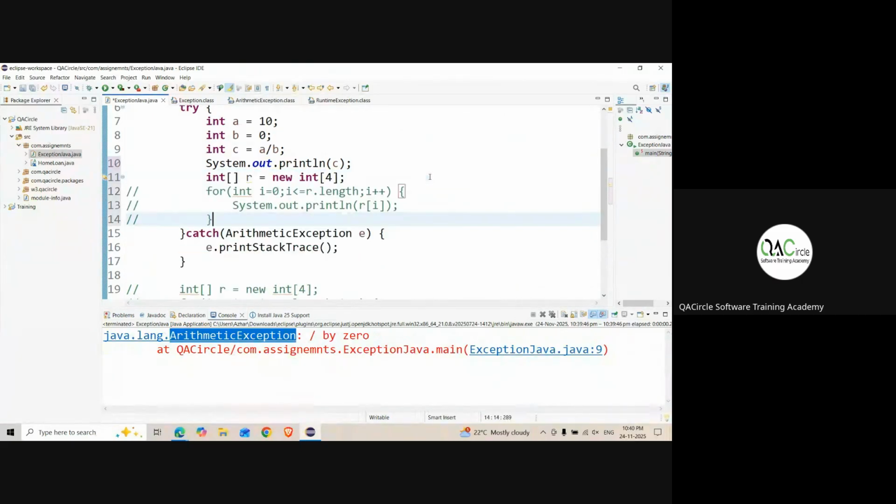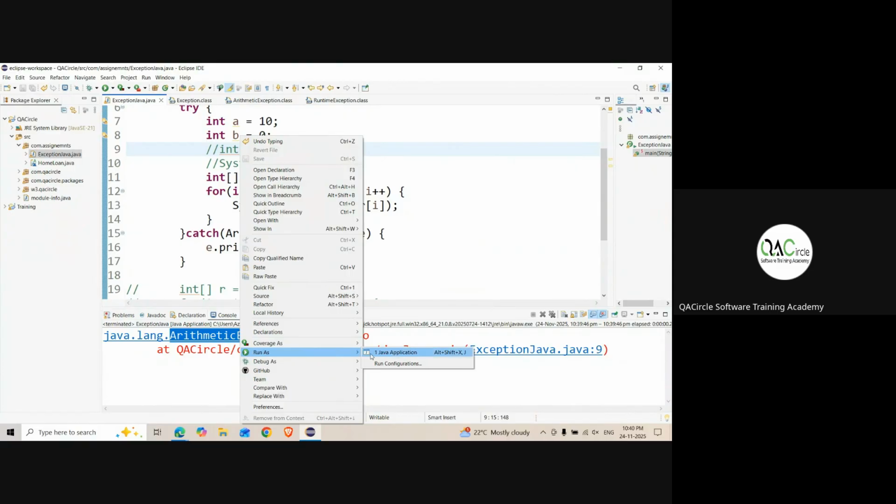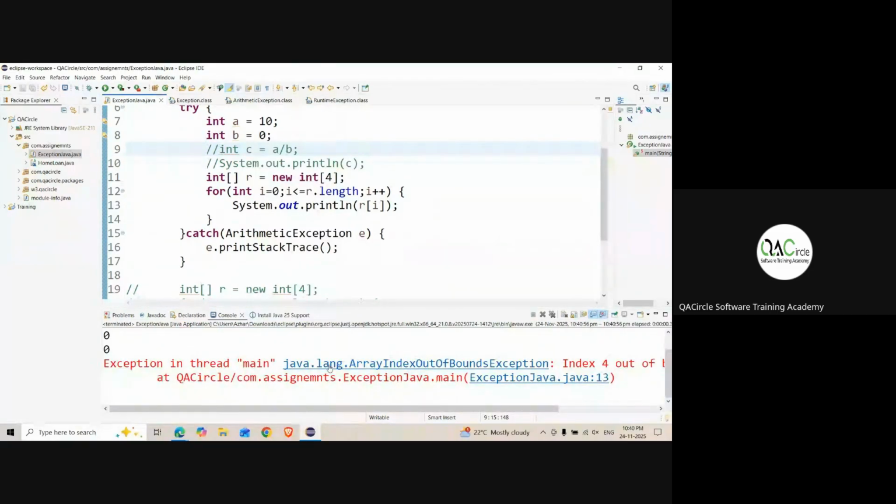Let me paste it here. Let me comment the 10th line and 9th line for the time being. If I just write ArithmeticException, this will not be handled. See, still it came. So I have to